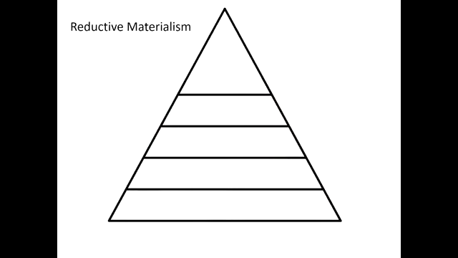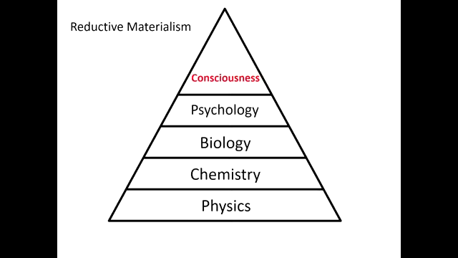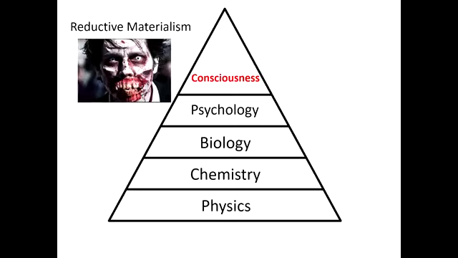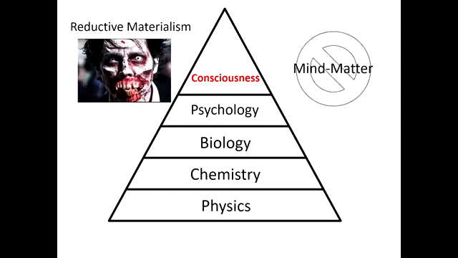I'm going to present the world's fastest analysis of what's happening here. Reductive materialism is predicated on a model that looks something like this. Physics is at the bottom, then chemistry, biology, psychology, and consciousness is somewhere near the top, but consciousness doesn't mean anything. From this perspective, the idea that mind and matter directly interact with each other in some way is forbidden, or at least it's very difficult to think of a way that it could work.